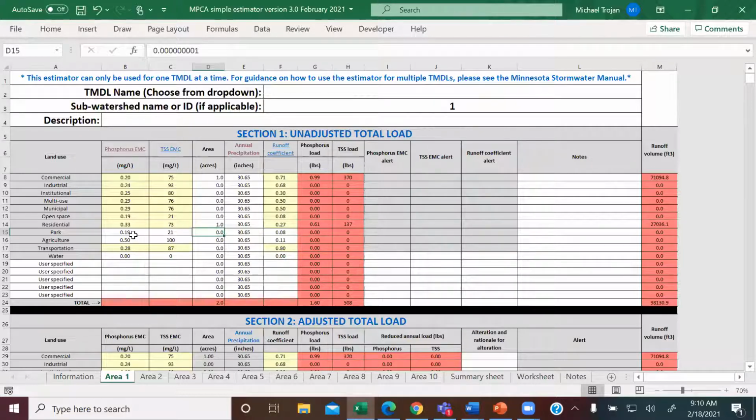So again, you can change these values for event mean concentrations and runoff coefficients. You could also change those values down here in what we call the adjusted total load. So if I were to decrease my